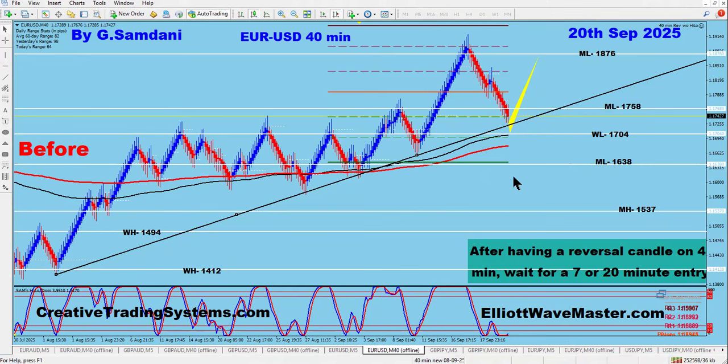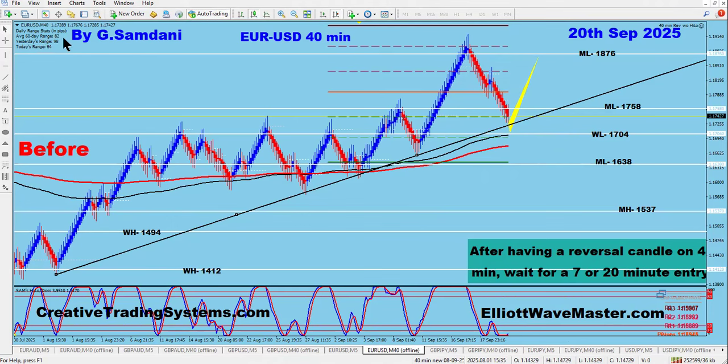You don't go short at the end of the down move or long at the end of the up move, like everybody says: don't buy the highs or don't sell the lows, right? So right now, after a big move, the only thing you can take is a long one, even if it's 20, 30 pips, doesn't matter. I need 20, 30 pips just to sit at break even. Then I do my calculation.